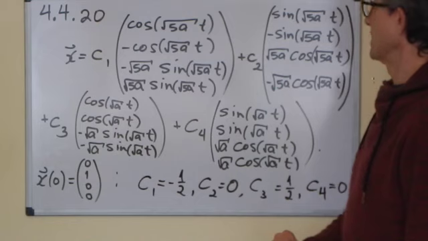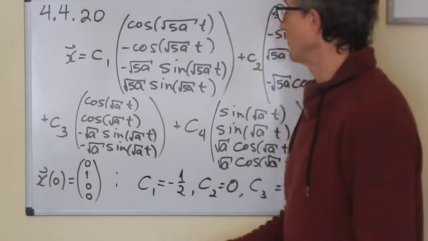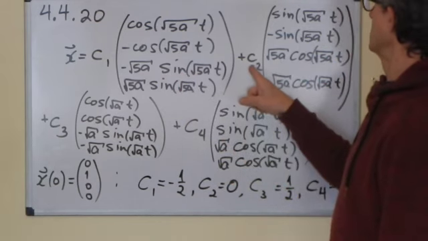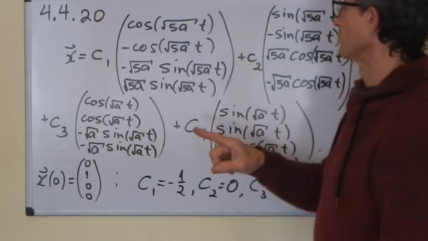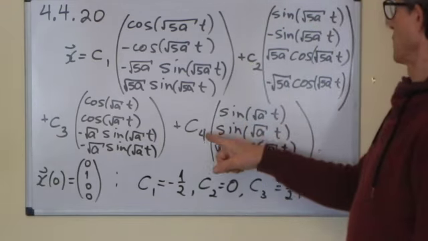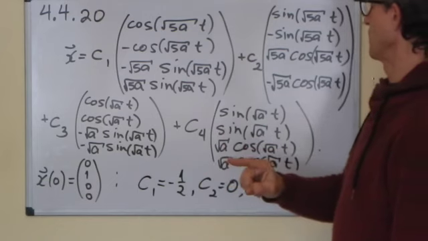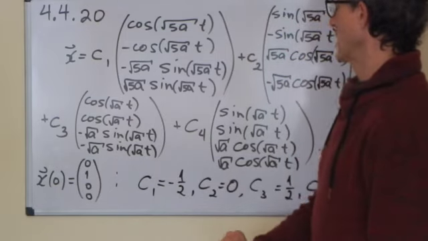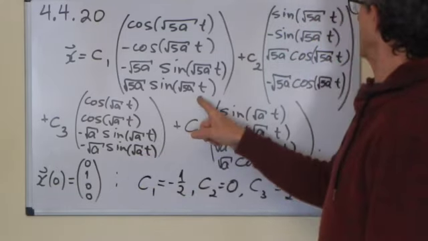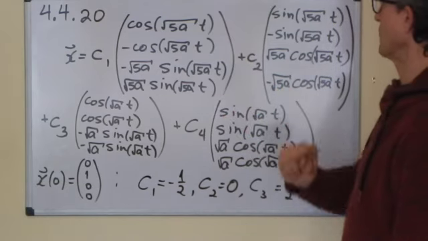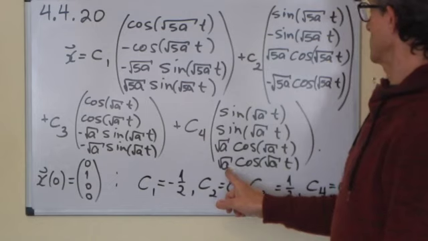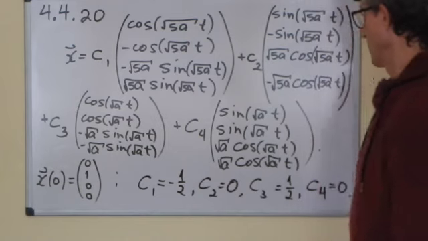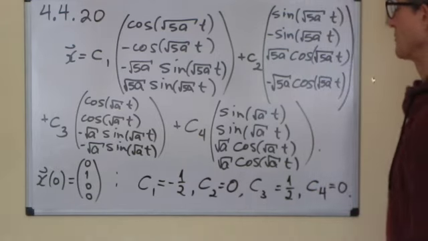And in the third row, I get square root of 5a C2 plus square root of a C4 is equal to 0. And finally, in the fourth row, I get that minus square root of 5a C2 plus square root of a C4 is equal to 0. Solving these, you can see that C2 and C4 have to be equal to 0,